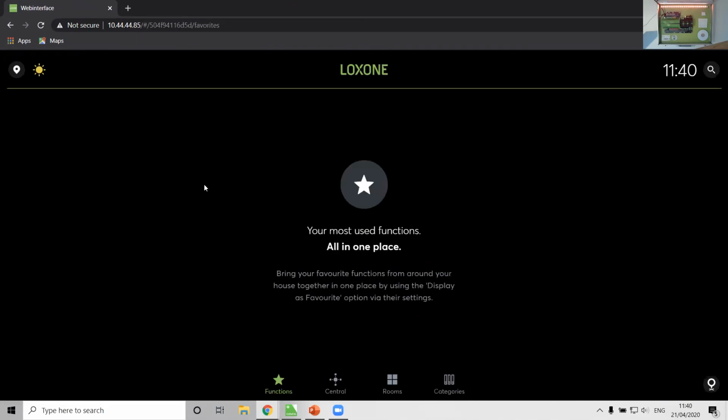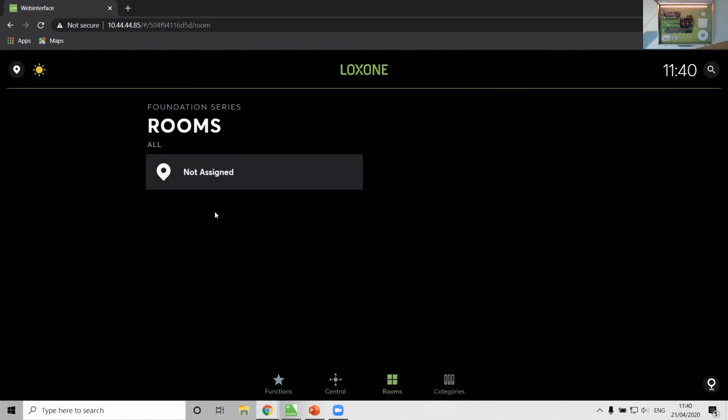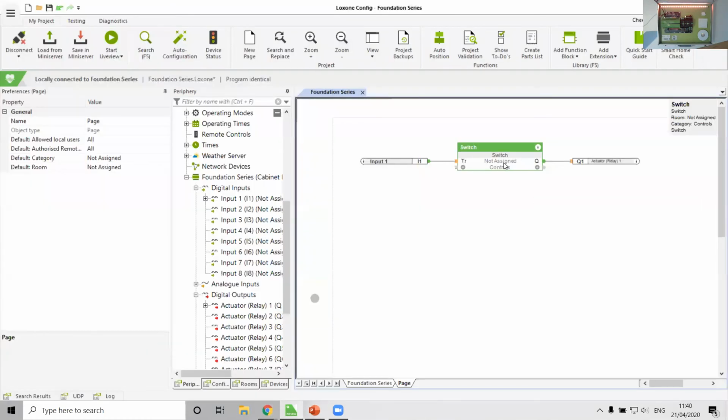And when I log in, if I take a look here, there's nothing on functions yet. Okay, nothing on central. Rooms. I've got a room called not assigned. If I go in there, I've got something called switch. Oh, wow. That also turns that output on and off. Cool. So you can see there that by adding a function block, we now also have something on our user interface,